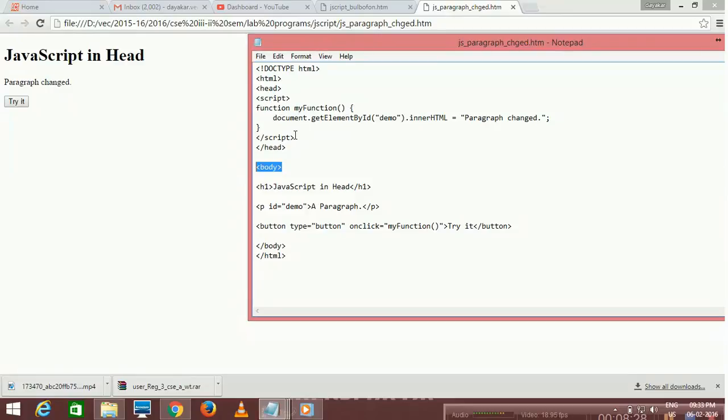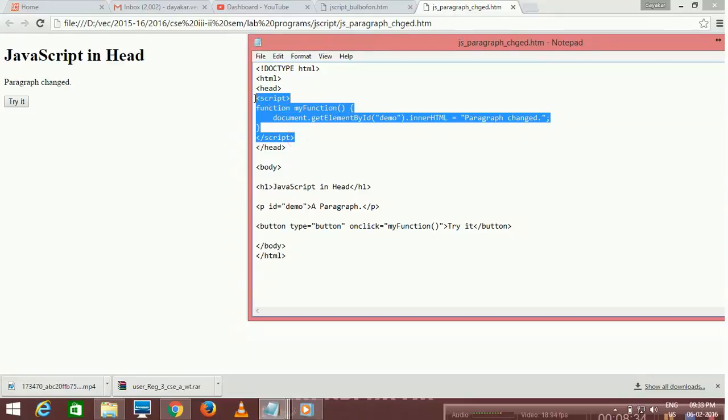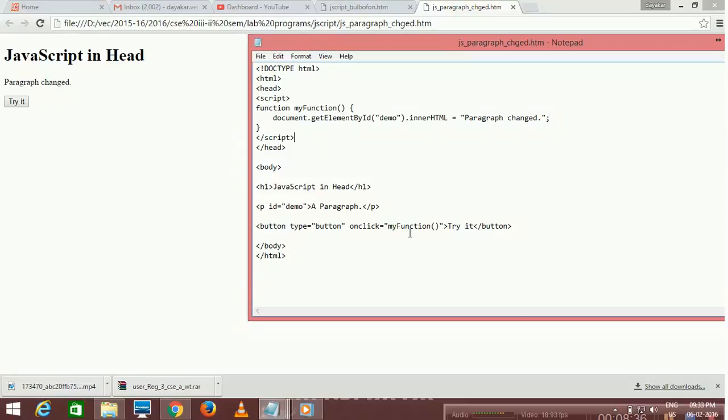So you can define the script part in the header section or in the body section. Here I simply define my script part in the header section. So here what I did, I onclick, my function has been called. Inside my function, I use document.getElementById("demo"). That means I simply call the paragraph ID. Here what is my intention? By clicking this button,